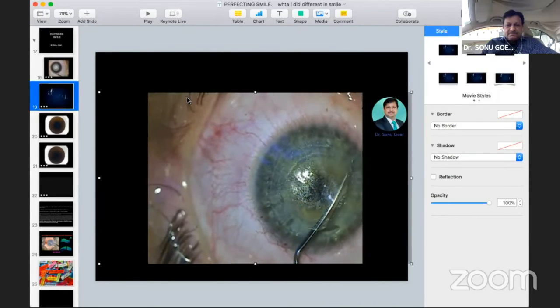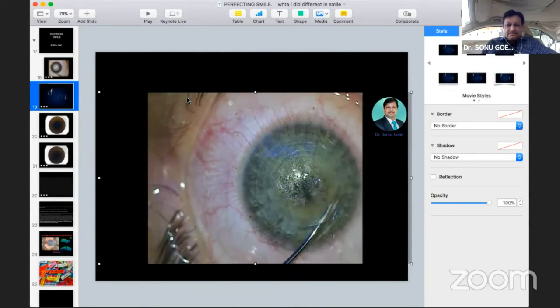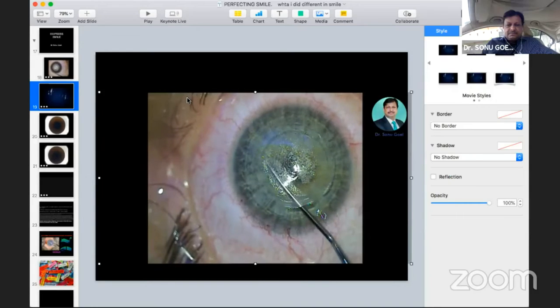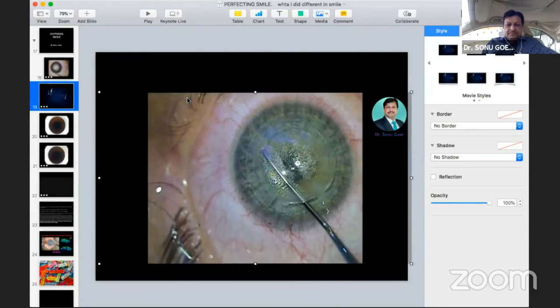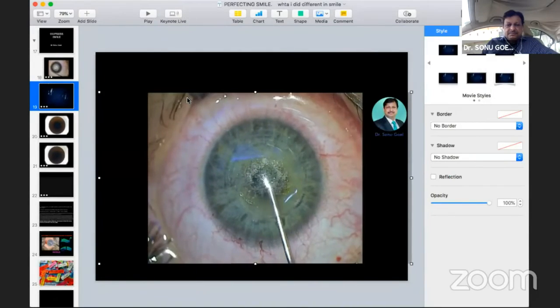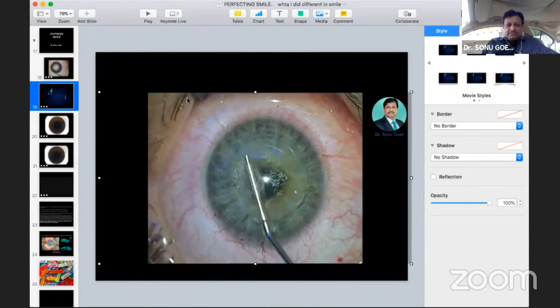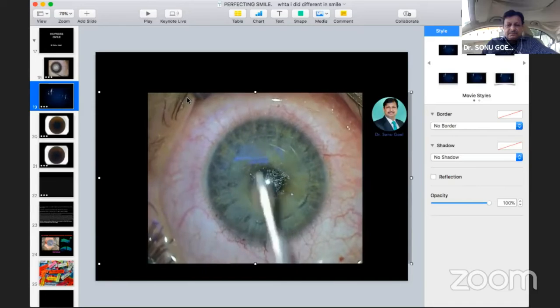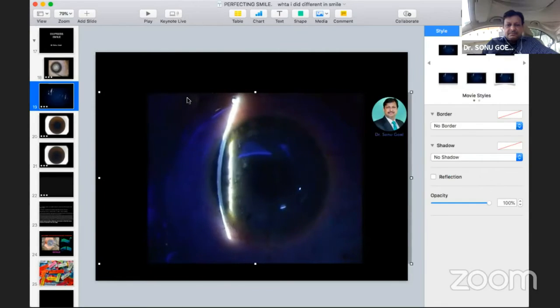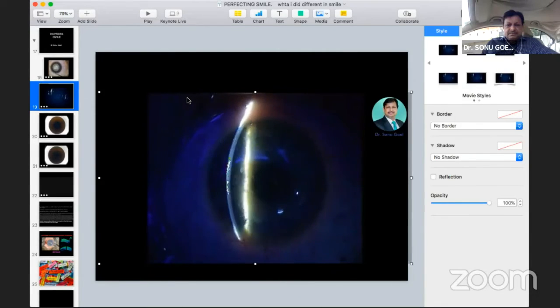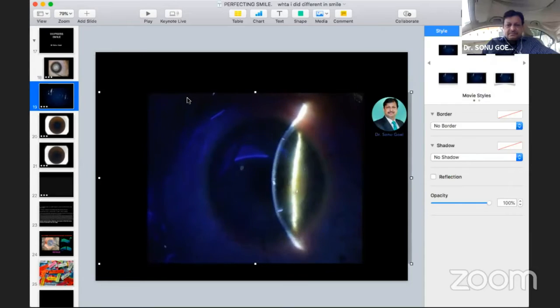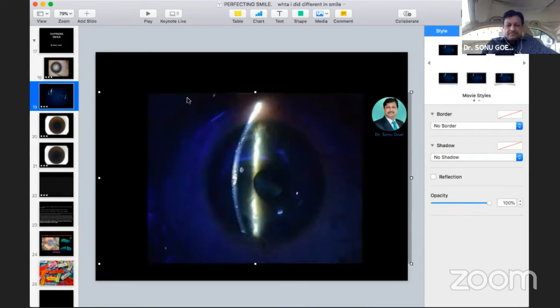Then I move on the right side, do a complete dissection, go back, and then break this stump. Now this is a technique by which I will be able to hydro express the lenticule. So I go in, push in the fluid, and very gently, the moment I pressurize, the lenticule expresses. Now this technique of hydro expression of the lenticule can be a great help, which I'll be able to demonstrate in the coming video.